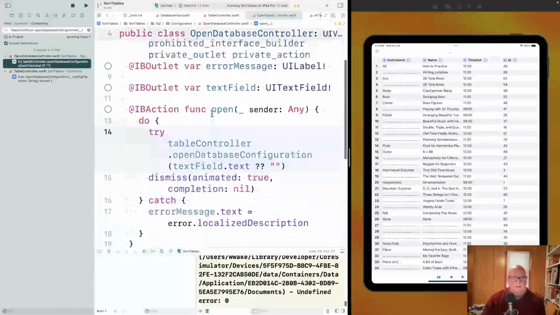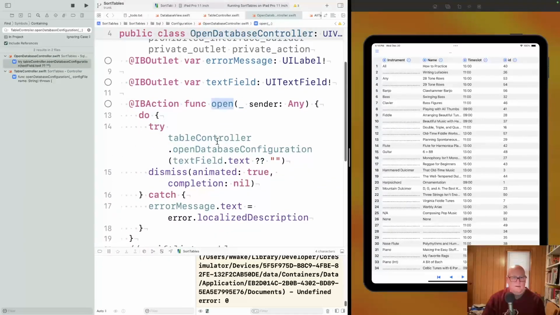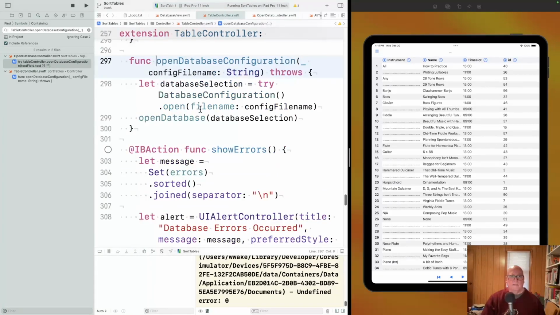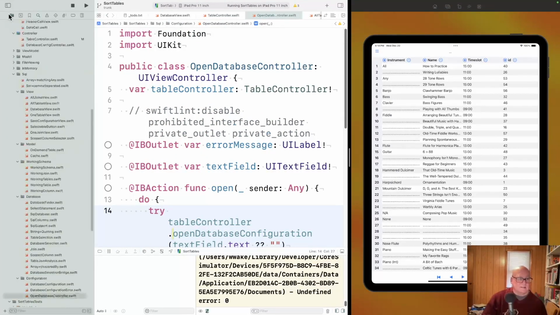Well, where? Table controller, open database configuration, text field.text. I don't know where that's coming from. Field text. Okay. All right, let's go find the